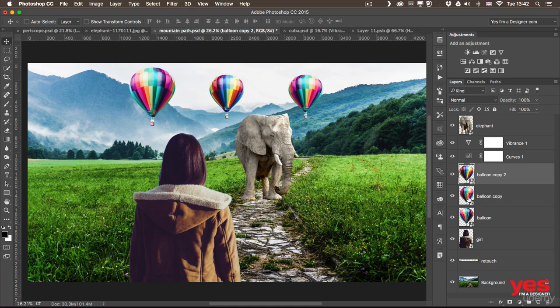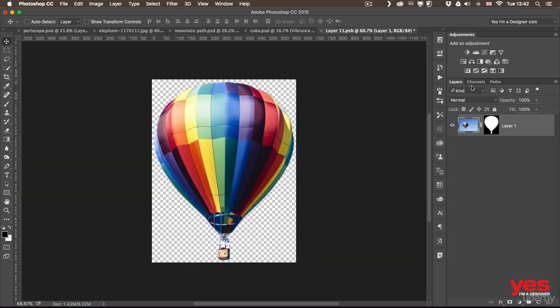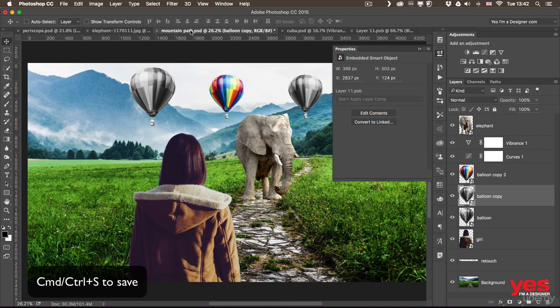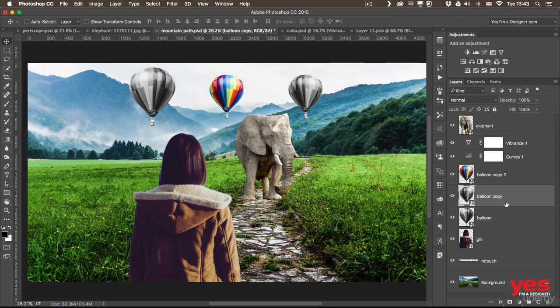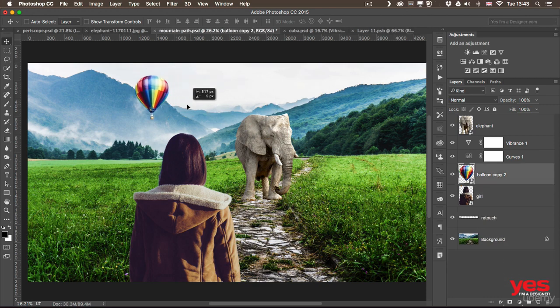If I go into the other smart objects, and maybe instead of using hue saturation, we will add black and white, just to see a drastic difference, save that, and go back again to our main image, we can see that the black and white effect will only apply to the smart objects that share their source. I am going to delete these black and white versions, so I just press backspace, backspace, and then we keep this one here. And that was all I wanted to show you in this first video about smart objects, but